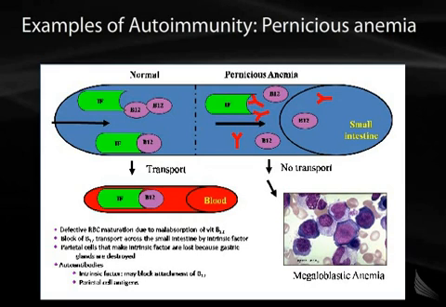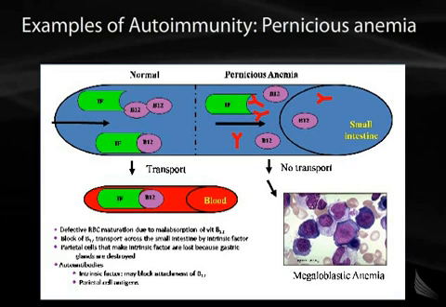So the B12 is blocked because of antibodies that can be either associating with intrinsic factor or parietal cells. Remember that intrinsic factor in normal processes will bind to B12, and then once this intrinsic factor B12 conjugate gets into the small intestine, it is then transported into the blood. In the case of pernicious anemia, we have antibodies to the intrinsic factor that can prevent the binding of the intrinsic factor to the B12, and the B12 will just go through without being absorbed, and therefore we don't have it for proper red blood cell maturation. In another type of pernicious anemia, we have antibodies against the parietal cells in the stomach, which is the source of the intrinsic factor.